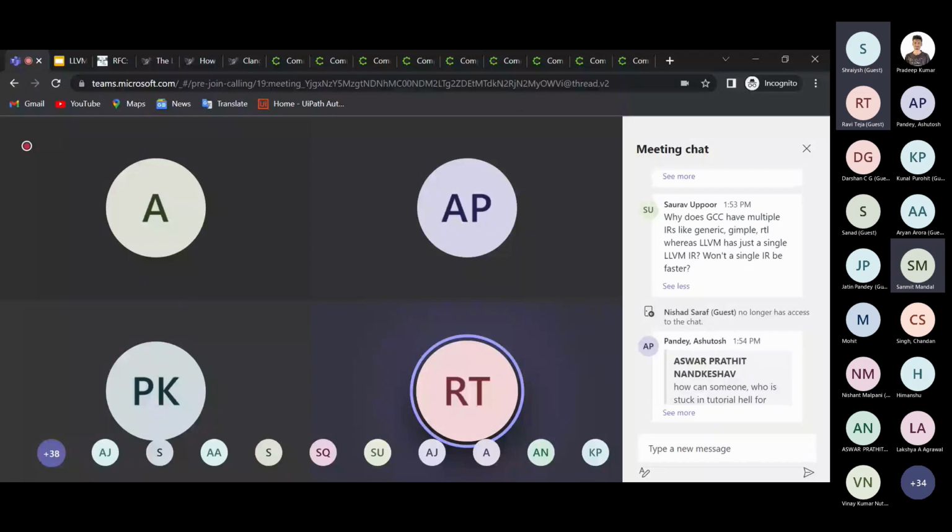But the original motivation of LLVM was to have binaries in LLVM IR, to solve the problem that GCC had, that it has multiple IRs. You have to write compilers for different IRs for different kinds of backends. That's the problem that LLVM was trying to solve, and that is why LLVM is a more recent and a better project than GCC.